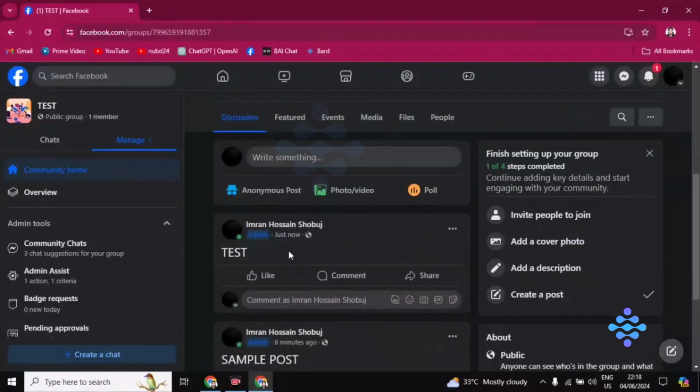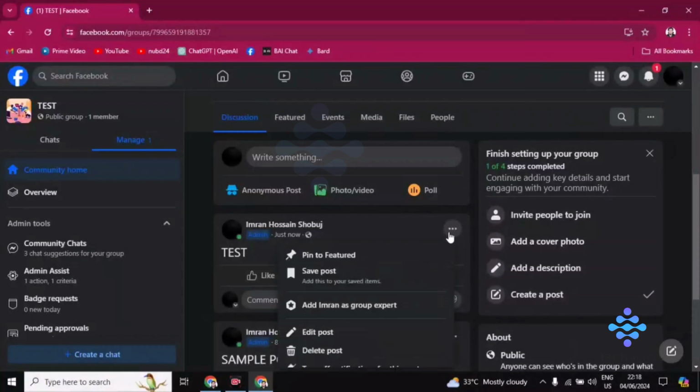After you post it, if you want to make this post a pinned post, all you have to do is click on this three dot icon beside the post, this one. Click on this and you'll find here pin to featured. Just choose pin to featured